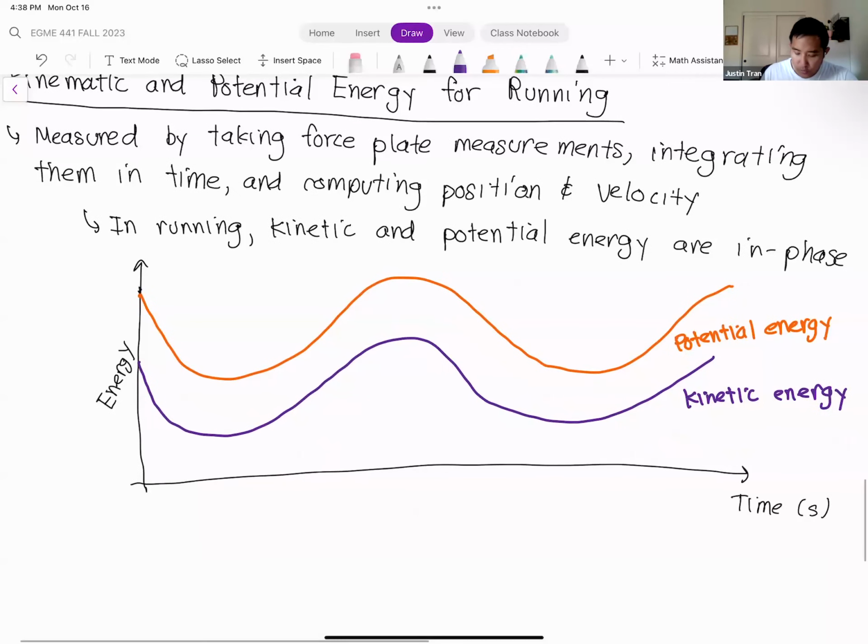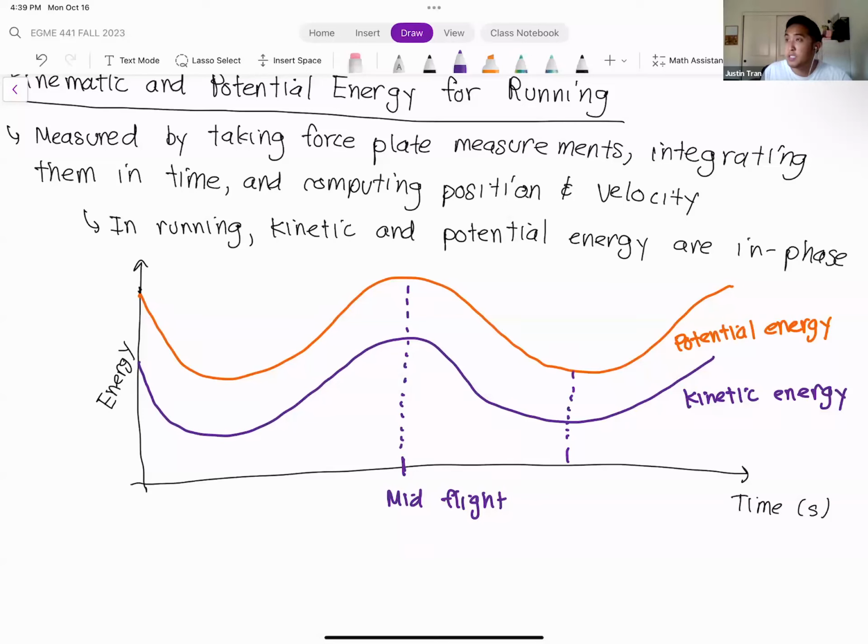If you're wondering where these peaks and valleys correspond to, the peaks here represent the middle of the flight phase. That's when you're at your maximum velocity, when both your feet are off the ground. And then the valleys here